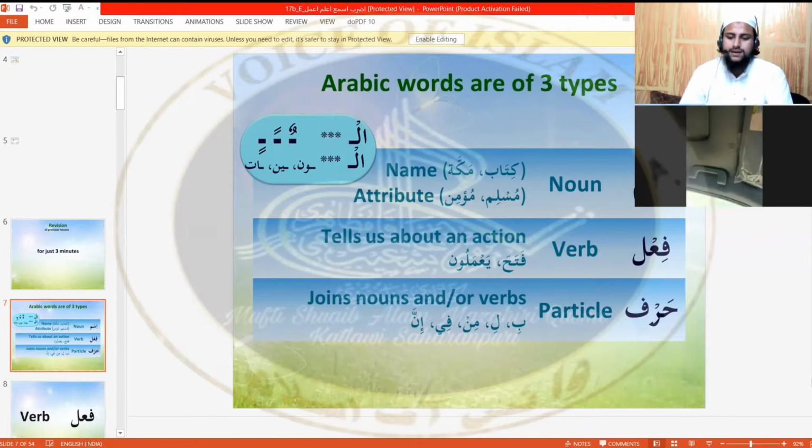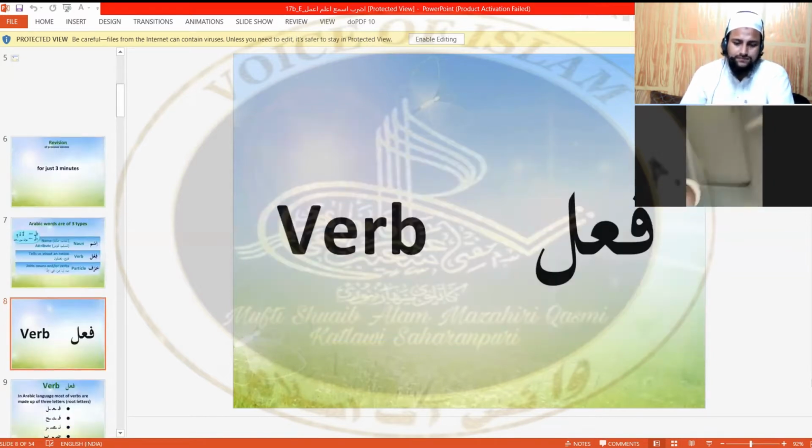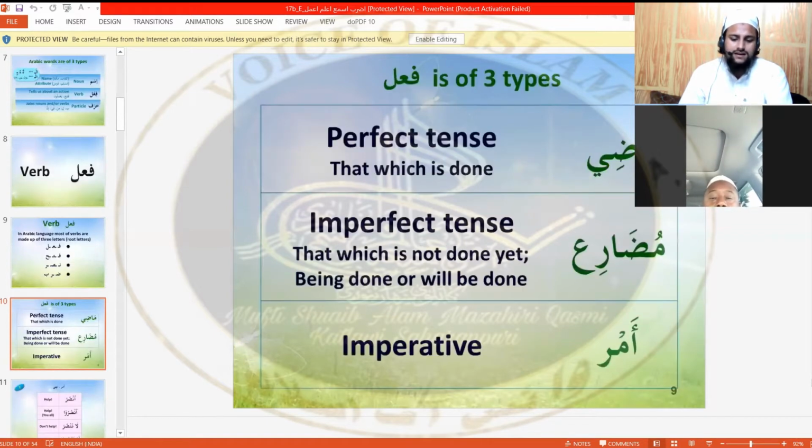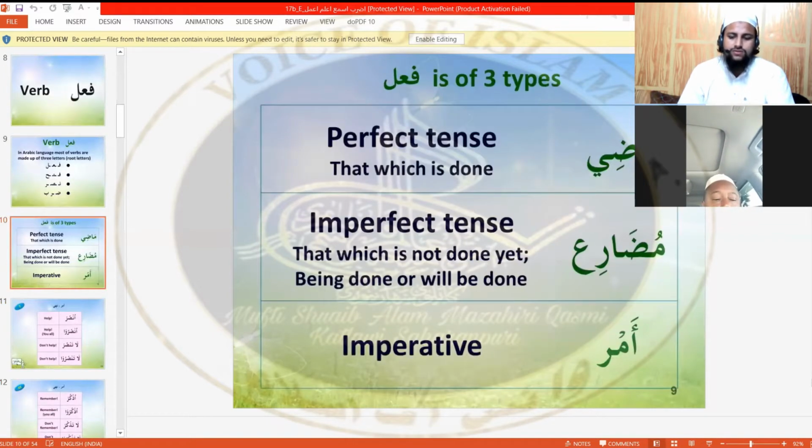Noun, like name and attributes. Fi'l, verb. In Arabic language, most verbs are made up of three letters like fa'ala, fataha, nasara, daraba. So fi'l is of three types: mazi, perfect tense, that which is done; and mudari, imperfect tense, that which is not done yet, being done or will be done.